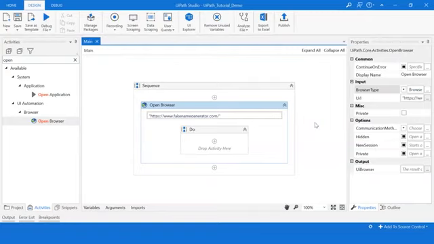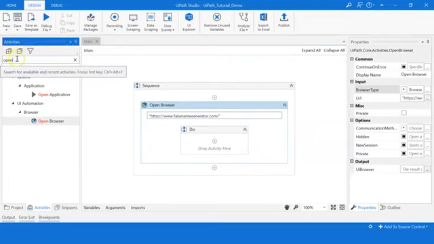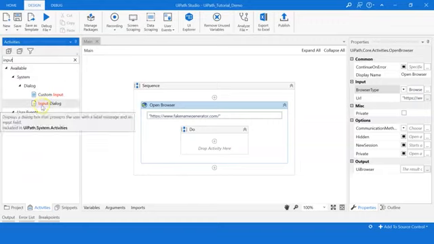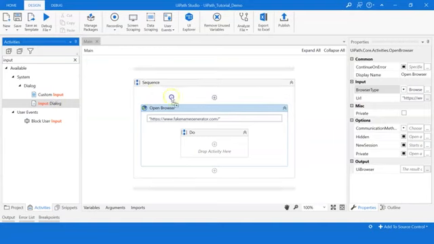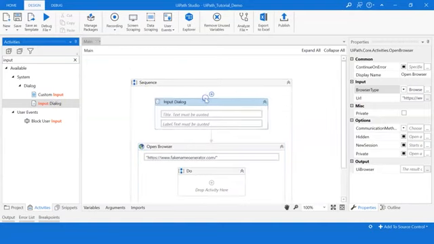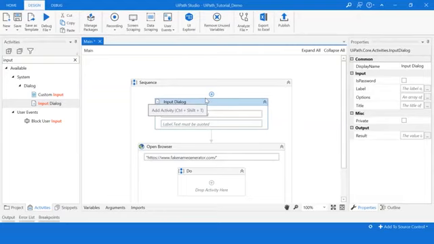The next step in the process is to tell the program how many records we want to fetch from the website. For this, we will create an input dialog box. So under activities, I'll search for input. Here you get the input dialog box. I'll drag and drop it on the top. Now it is asking us to give the details.